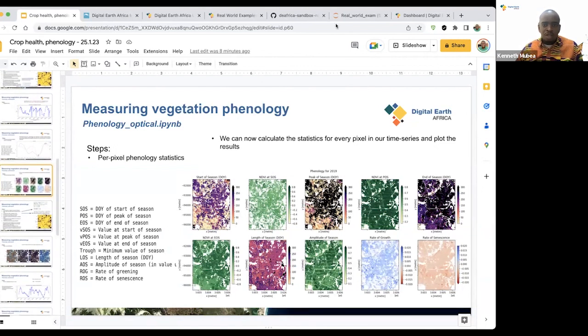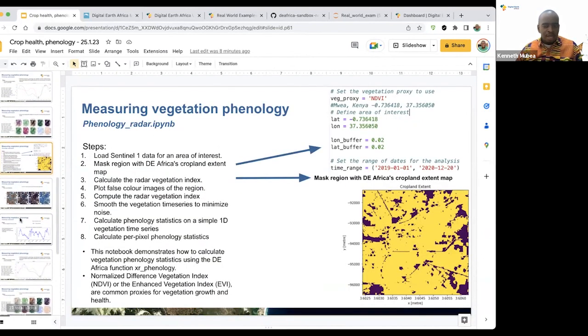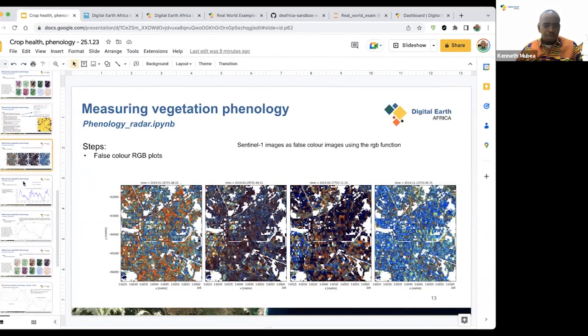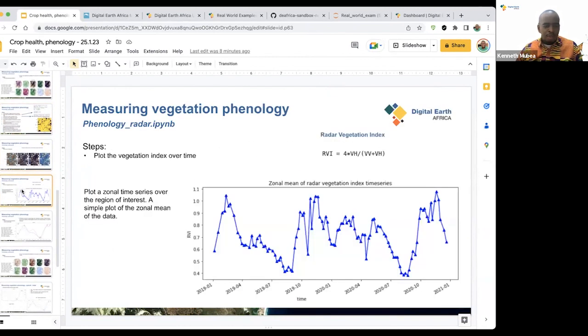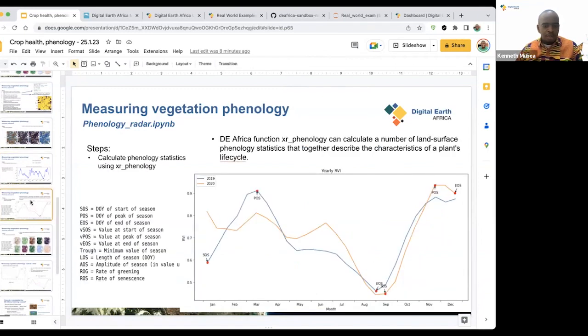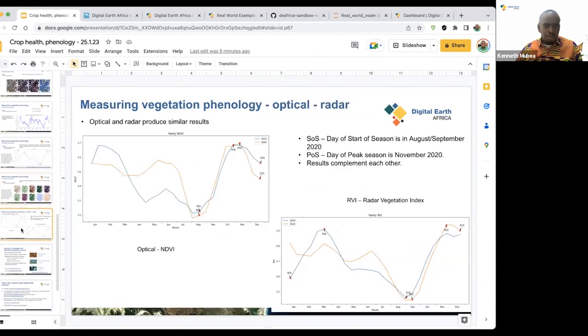And also we have the same when we use the phenology as well as radar, similar steps, but in the radar we're using Sentinel-1, and we are using a special index called the radar vegetation index, which is quite useful. And because of all of us being researchers, we might tend to ask about the equation used, and it is actually here. Then you can see the trends, and finally you're able to see the plot is similar to what